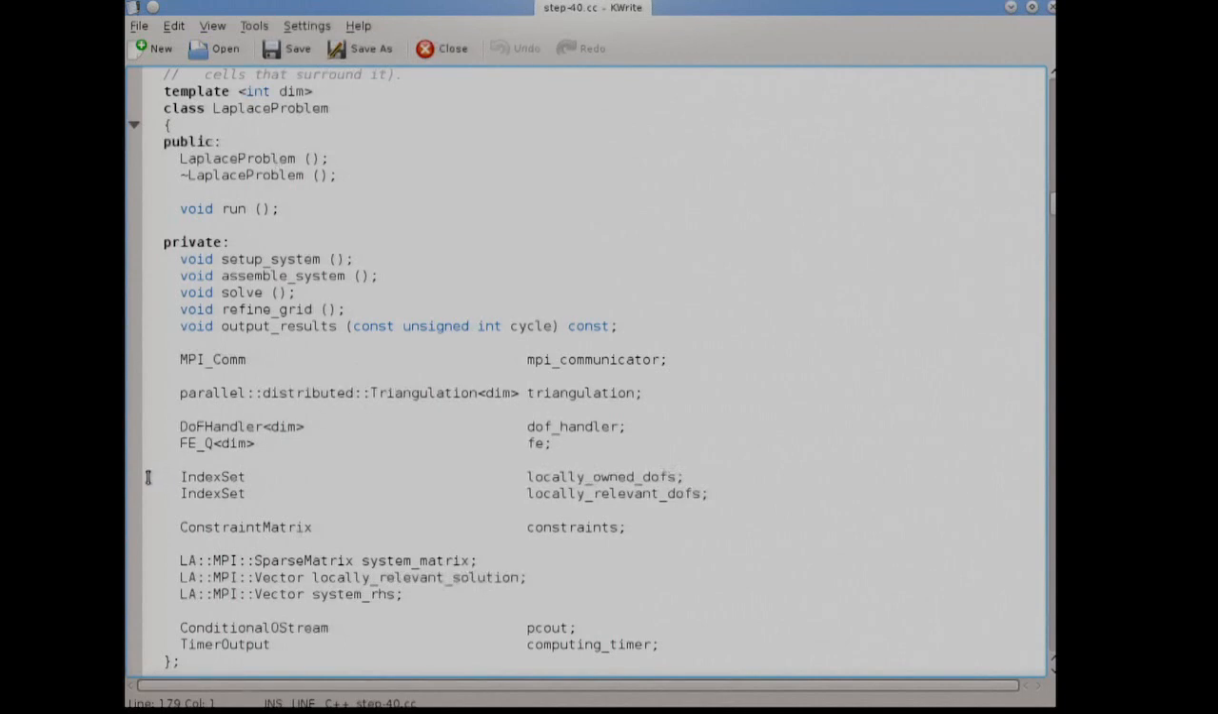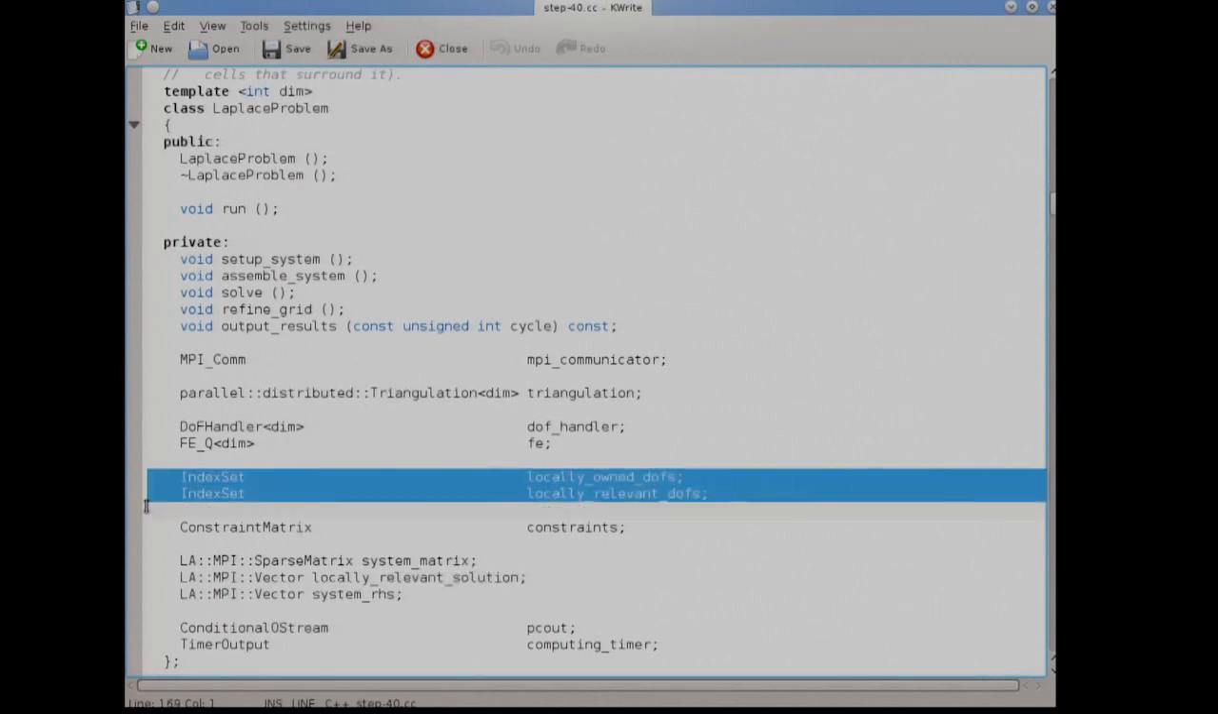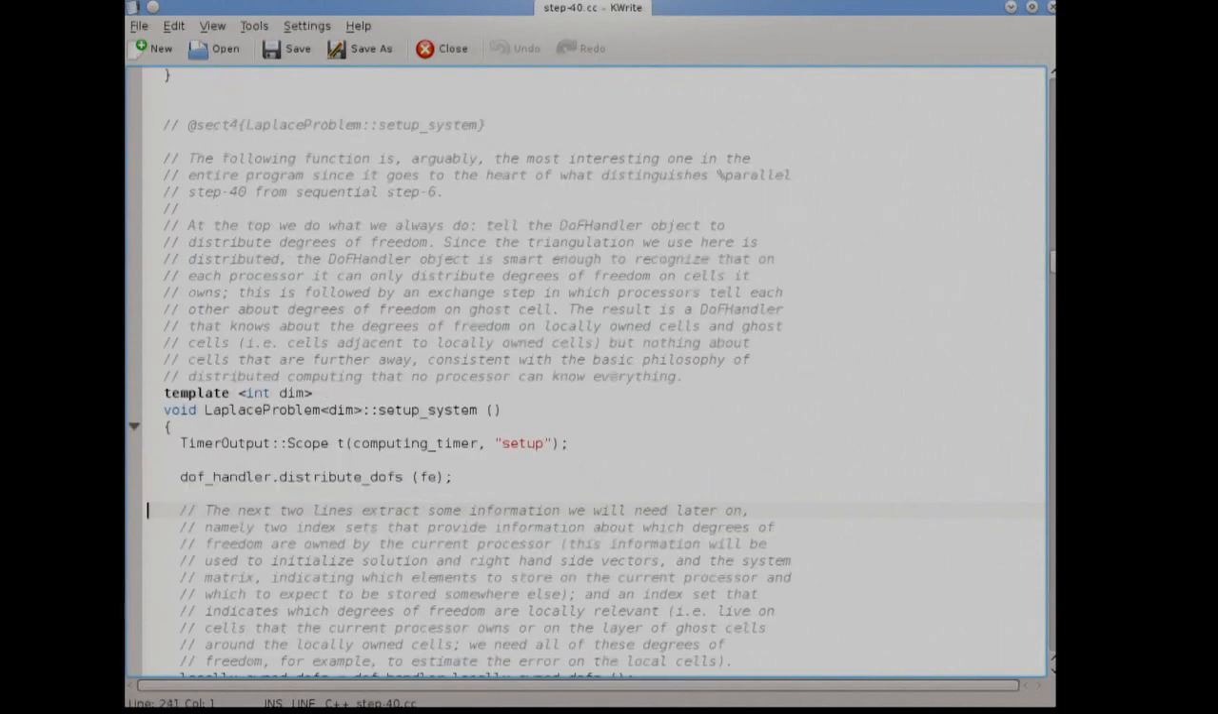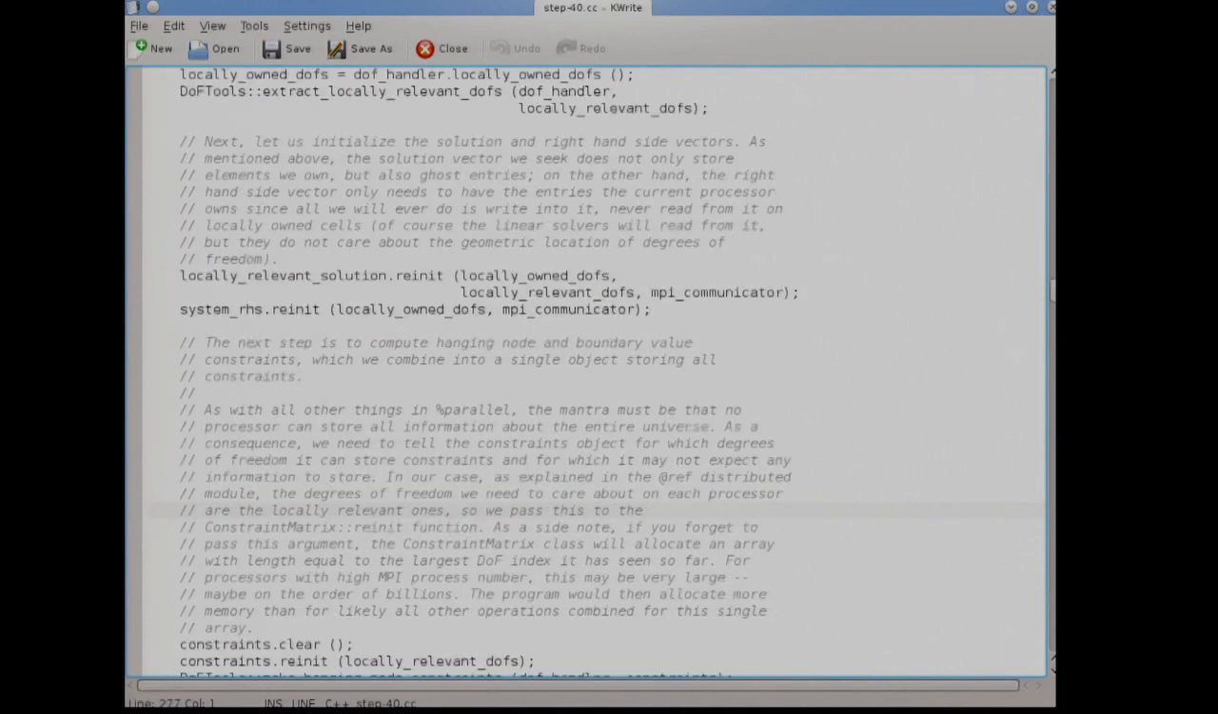The only new member variables that we have are these two index sets that essentially describe which degrees of freedom we own locally and which of those are relevant locally. Okay, and then we have PETSc objects for the matrix, the solution vector, and the right-hand side. So when we go back to setup system here,